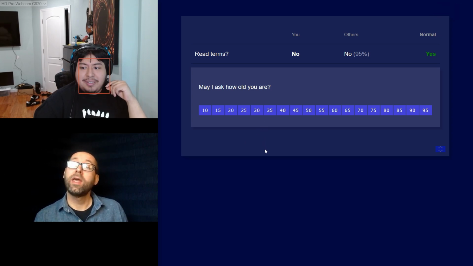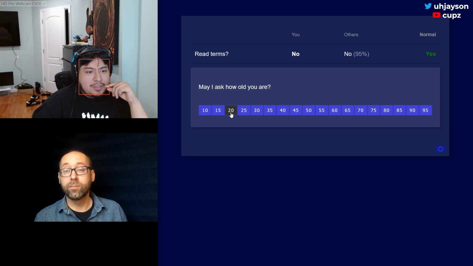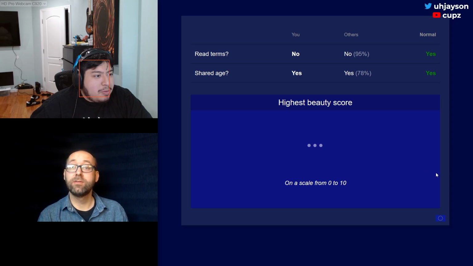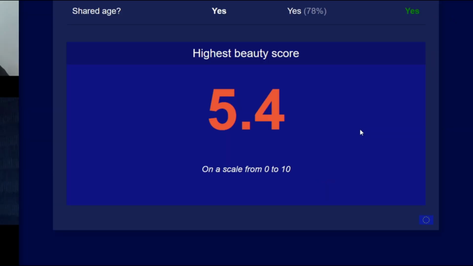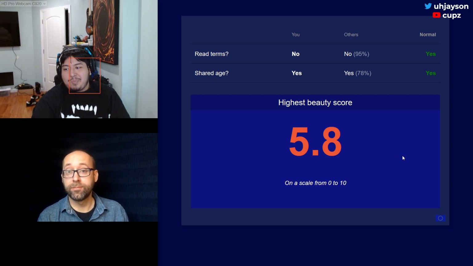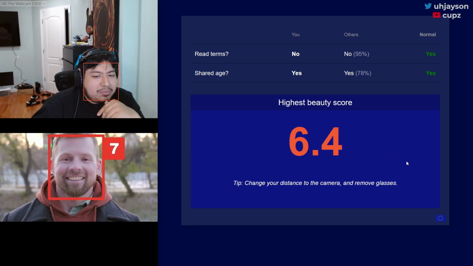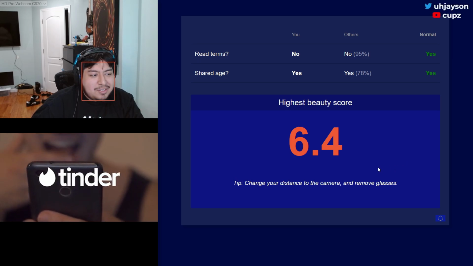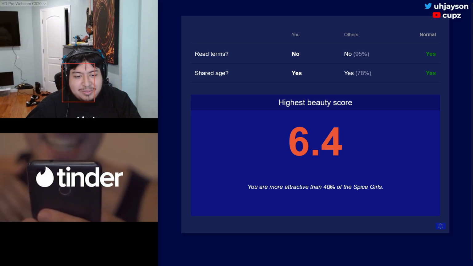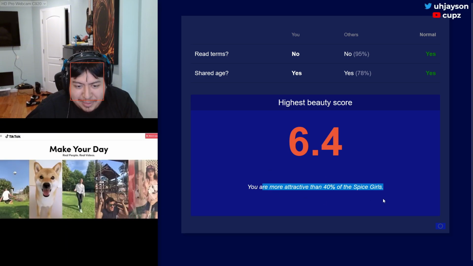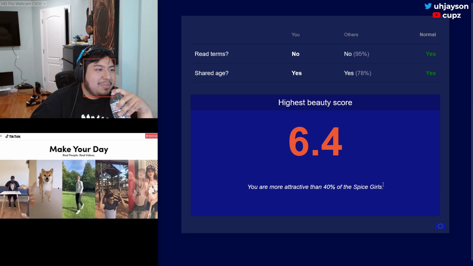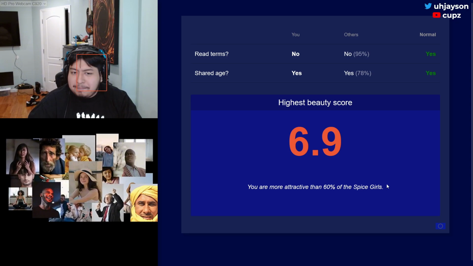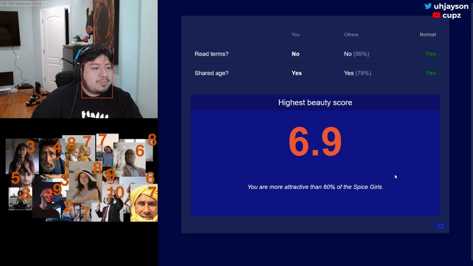At the end of the experience, you will be able to share some anonymous data with us if you want, but it's totally up to you. The first algorithm we'll look at is designed to judge the beauty or attractiveness of your face. We'll give you a score between 0 and 10. Having some idea of how attractive you are can be very valuable. For example, dating services like Tinder use it to match people who are about equally attractive. Some social media companies are known to promote content from attractive people more. To make an algorithm like this, you need to train it using tens of thousands of example photos that each already have a beauty score.